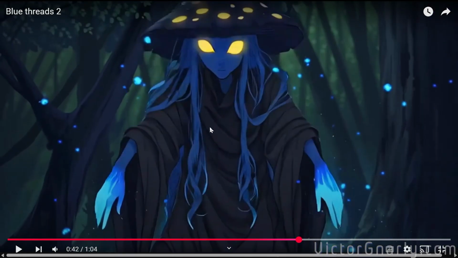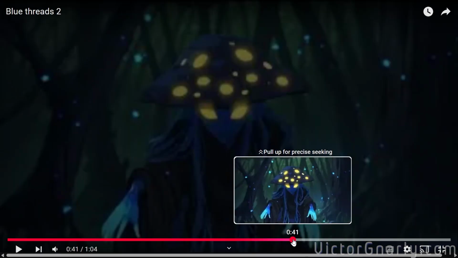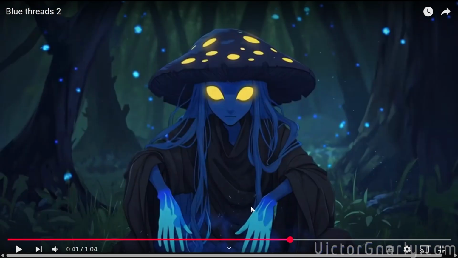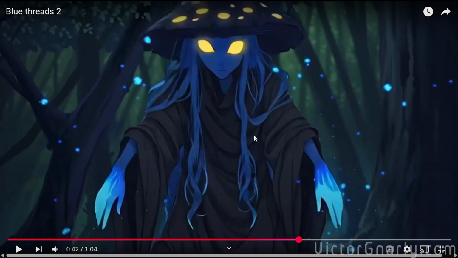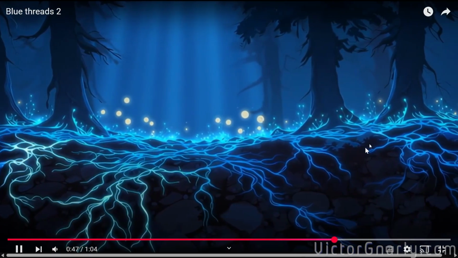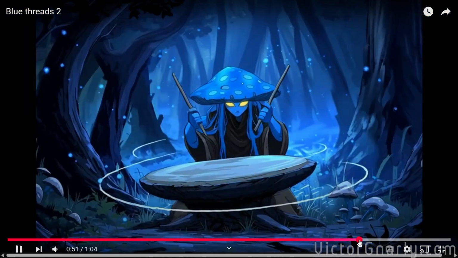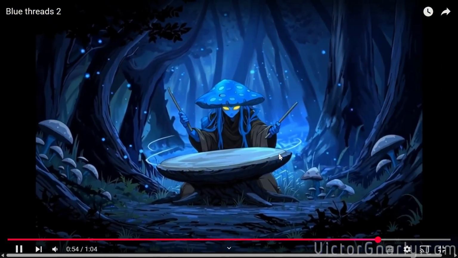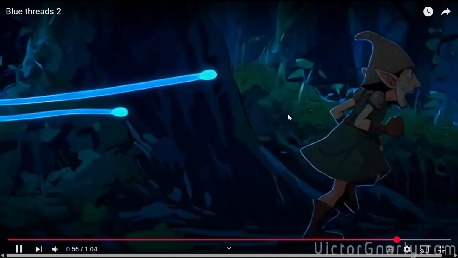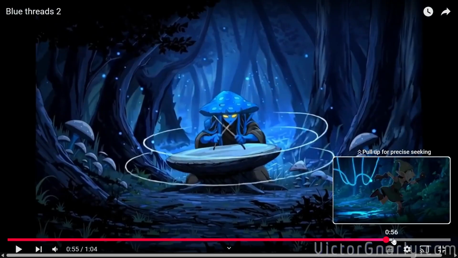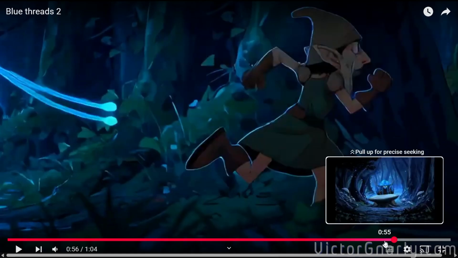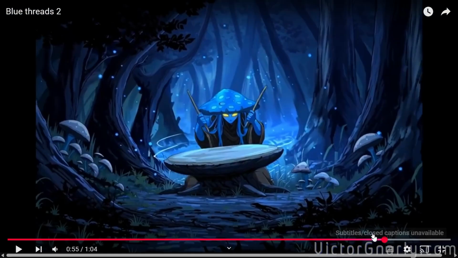I would get rid of, again, the fade to black here, and maybe add a shot of this character as a mushroom that they then stand up and become this image somehow. And then instead of cutting back to the mycelium doing the effect here, I would cut to her at this drum, like she's just standing up, and then suddenly she bangs on another mushroom that's beside her. And the only other thing this scene really needs, in my opinion, is we need to have whatever effect is chasing this gnome coming from the drum. We need to establish that